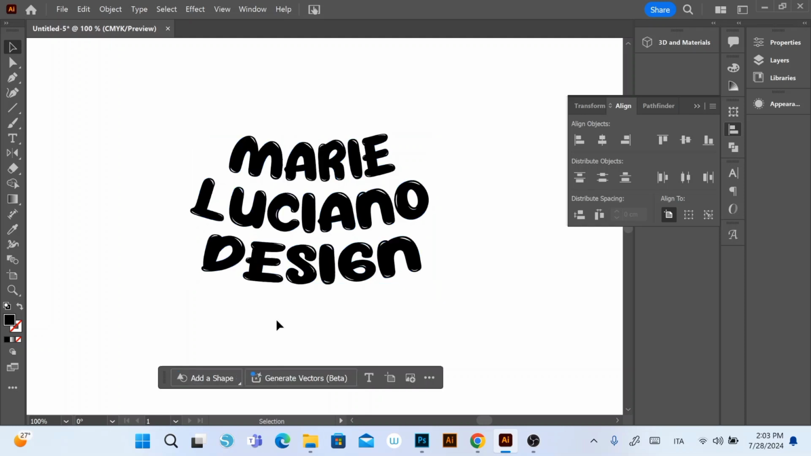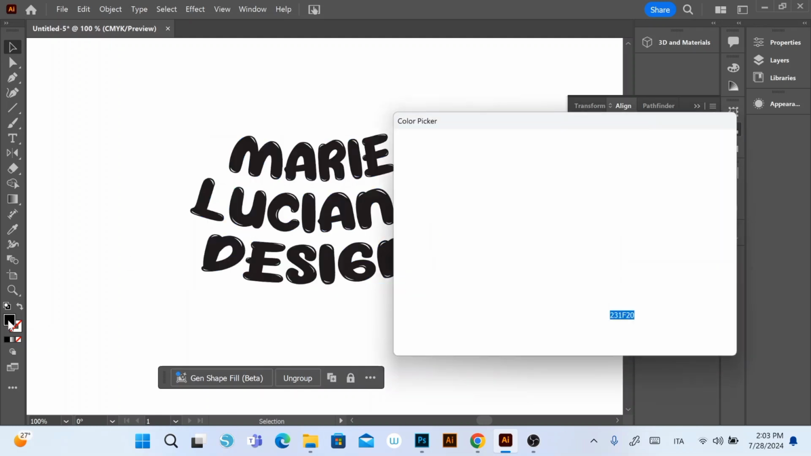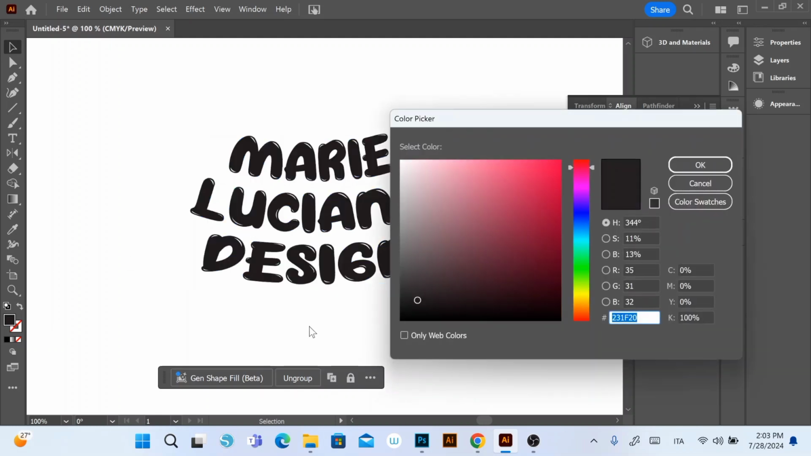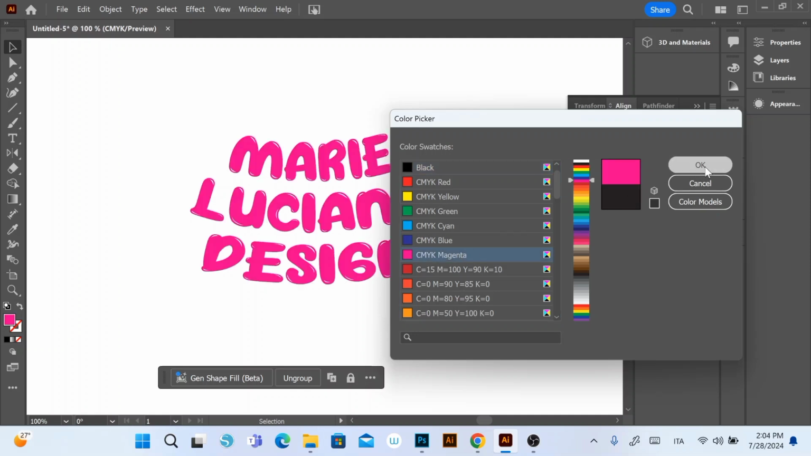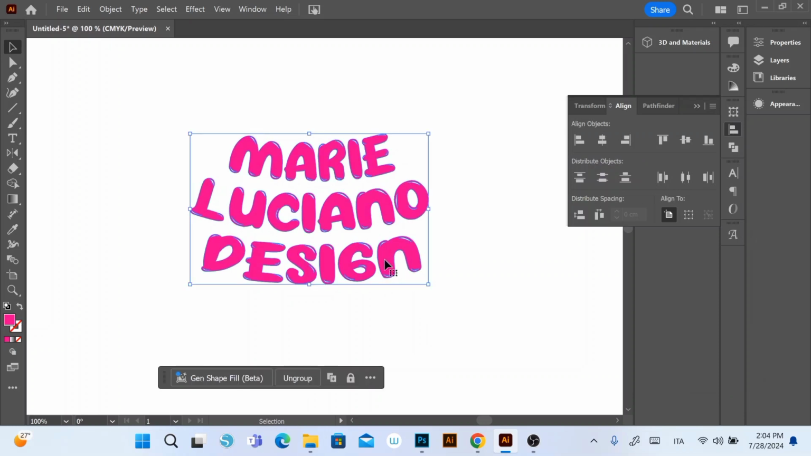So now that I have my text, I'm going to select everything and change the color. And I'm going to use a bright pink. Let's see. Here, like a magenta. So now that I've selected the color that I'm going to use for my text,